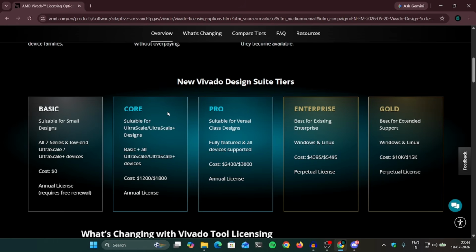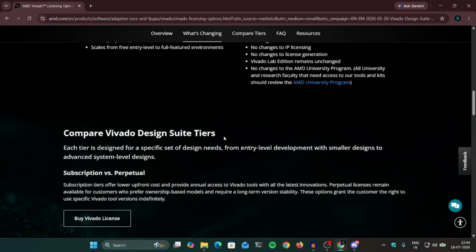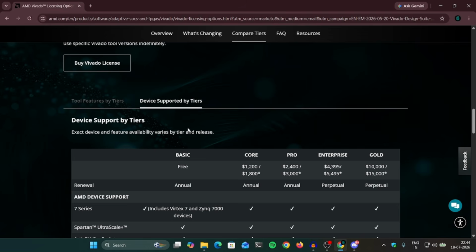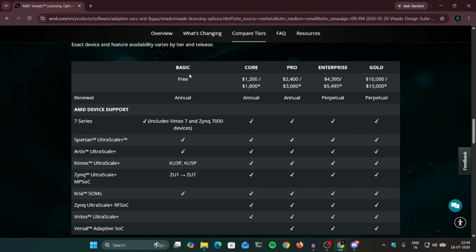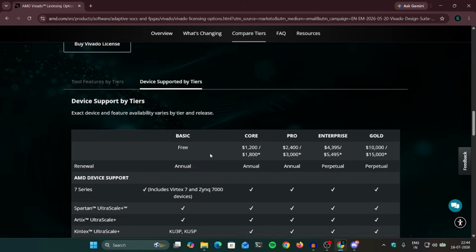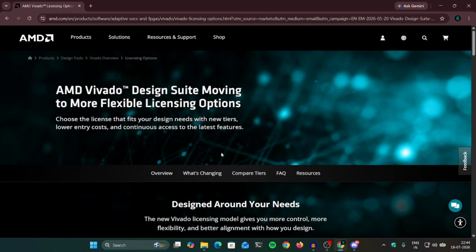And if you are working with a physical device like Zynq boards or Virtex boards, if you scroll down here, you can see the devices supported by tiers. So for the free Basic tier, you can see which devices are supported in your Vivado 2026.1 version. So in this video, we are going to see how you can install Xilinx Vivado 2026.1 version and how you can link the license because they have changed the license. In previous versions, it used a WebPack license, but now you have to get the Basic tier license for the